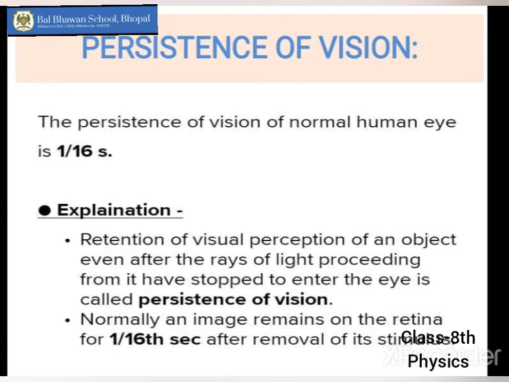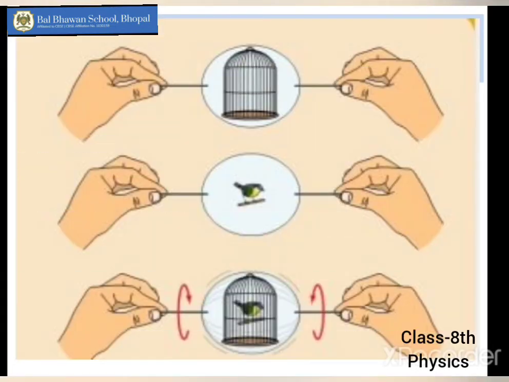Okay, so for example, if another object comes there, it will not replace the image formed the first. That will still be there. Then the second image will be obtained. So this is how we get to see the images. The illusion is created. Okay, for example, if you see in this picture, there are actually two slides, wherein one is having the picture of a cage, the other is having a bird. One side is the cage, the other side is a bird. If you happen to move it very rapidly, what will happen? After some time, you will see that the bird is sitting inside the cage.